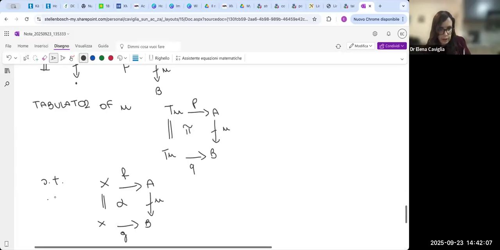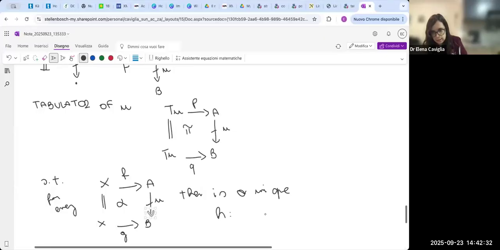So for every such alpha, so such X with F, G, and alpha, there is a unique arrow H from X into TU,